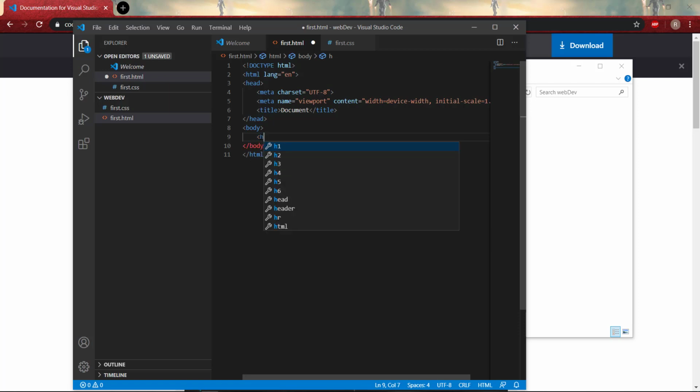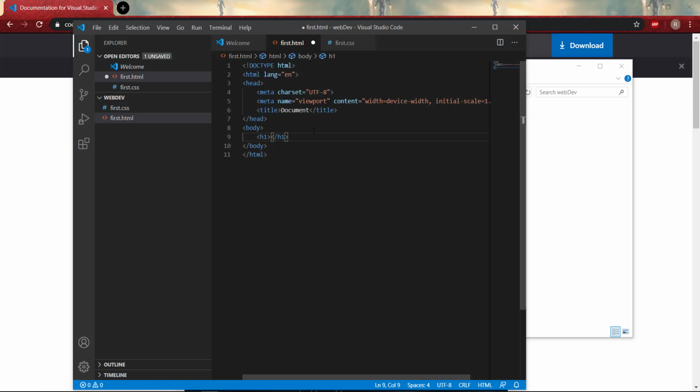Suppose I want to make a header tag, so we will just write h1 and it will automatically end that header tag. What is this header tag, what is head, body? If you can't understand, don't worry, we are going to learn about this in a later video. In this video I'm just going to give some introduction about VS Code.